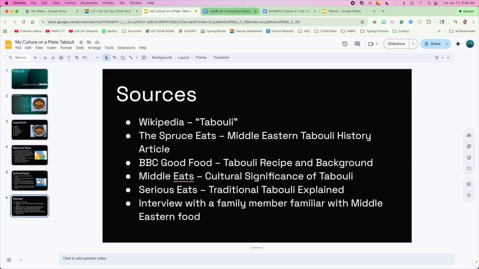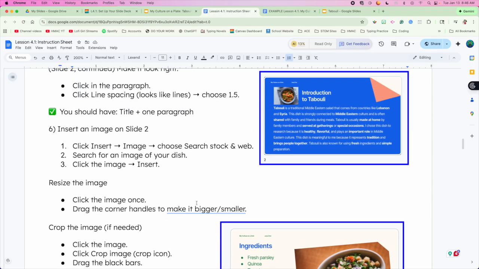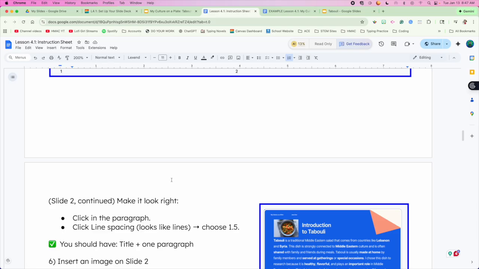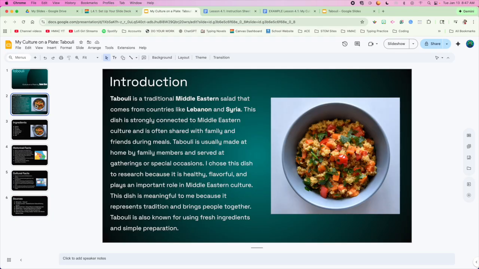All right, so I'm going to go back to my instructions, and it says we are doing a title and a body. Okay, now I remember that I've already done a title and a body up at the top for my introduction. So again, I am not up for reinventing the wheel. Anything that I can do to make my job easier, I'm going to go ahead and do it. So I'm going to go to my slide number 2 this time, and because I don't want my new slide to be directly after slide number 2,